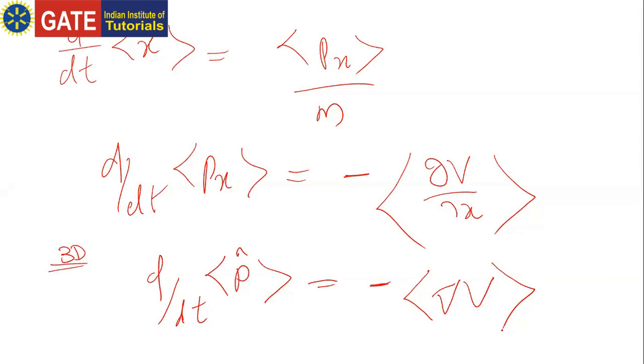This is the reduction of quantum mechanical dynamics to the classical trajectories. Please write down this reduction of quantum mechanical dynamics to the classical trajectories, which is known as